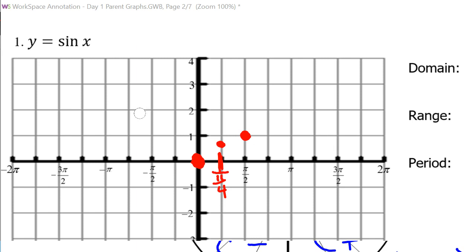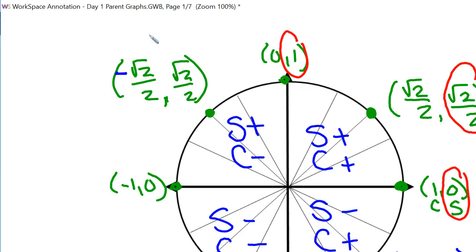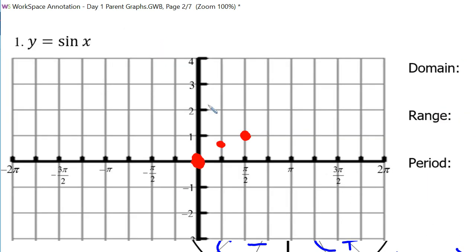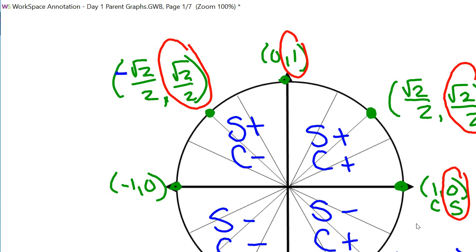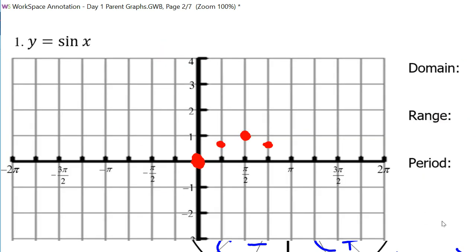And that's 1 pi over 4, 2 pi over 4. What's this next one? 3 pi over 4. And at 3 pi over 4, the sine is about what? About 0.7. So 3 pi over 4 is about 0.7. And pi, what is the sine of pi? 0. So at pi